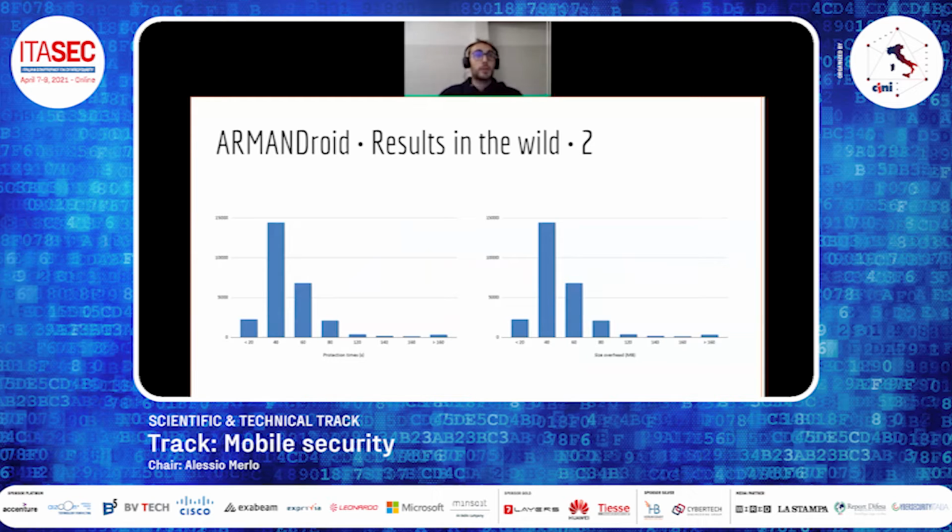Moreover, we also report the protection time and the size in megabytes of the protected apps compared to the original ones. As we see from this slide, despite ARMANDroid injecting several anti-tampering controls, the overheads in time and space are acceptable.